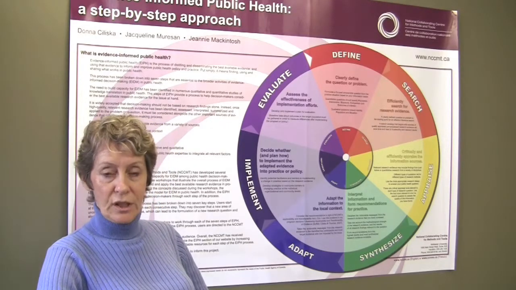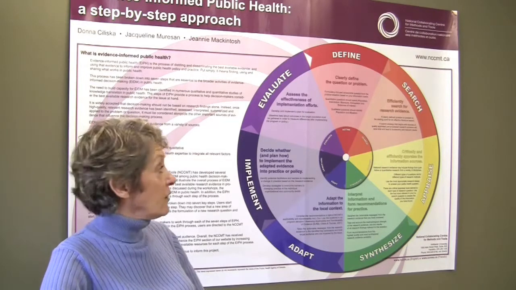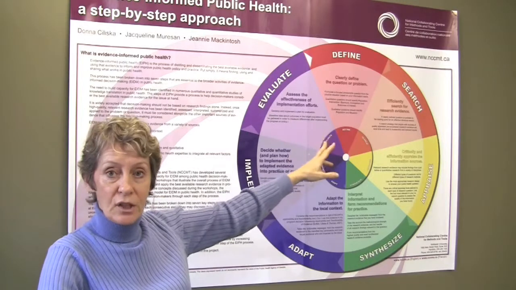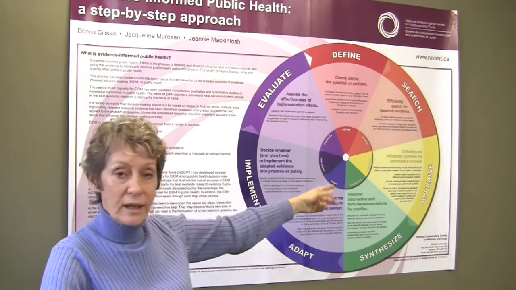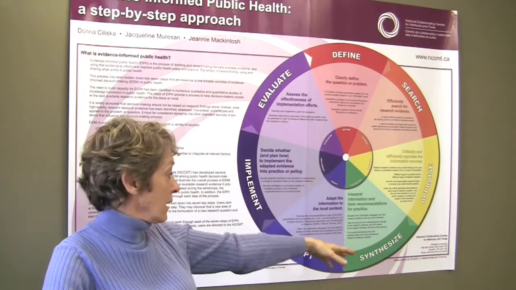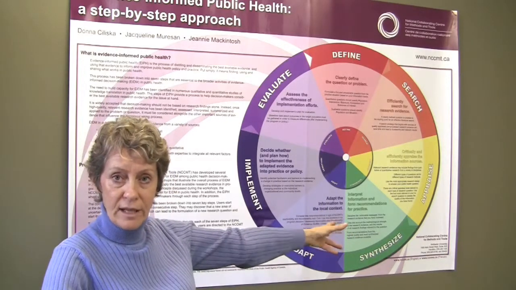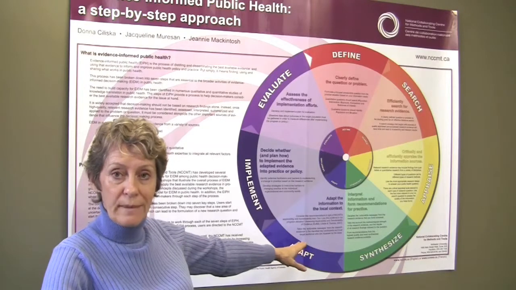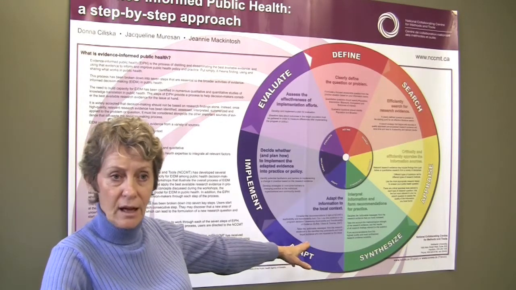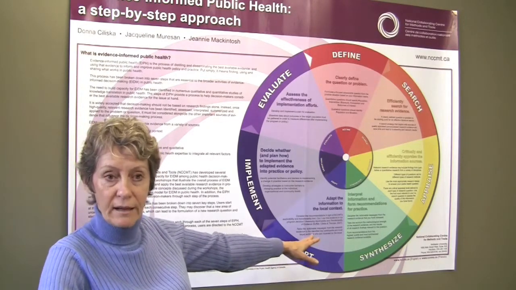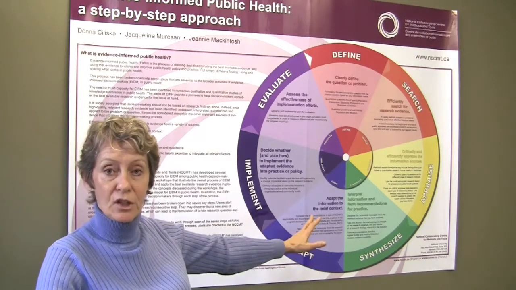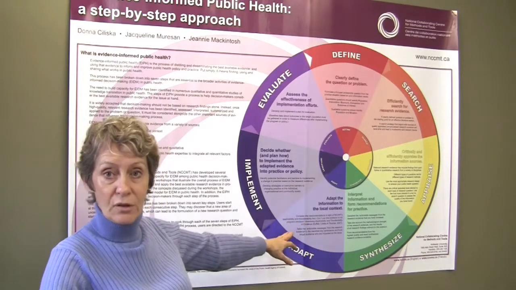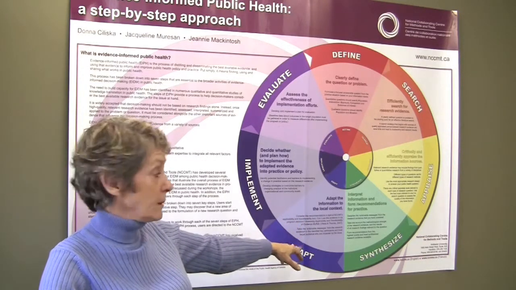Number 7, which is about evaluation. Now you've been around this whole cycle from clearly defining a question and searching for the information, critically appraising the kinds of evidence that you get, synthesizing diverse evidence, adapting it to the local situation and making a decision, including all of those factors that come into decision making from the perspectives of population and your financiers about implementing or stopping a program implementation.